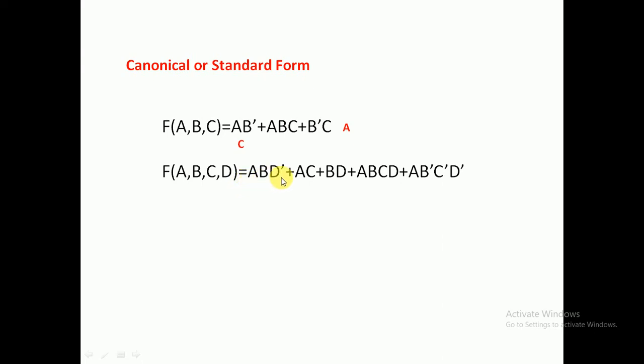Now A, B, D. Here it is missing one variable, C. Here it is missing 2 variables, B and D. Here A, C. Here it is a combination of all signals, all variables. Now we can say that term alone is in a standard format, but the function is not in the standard format. And the fourth one, see, the fifth one is also a combination of all variables.